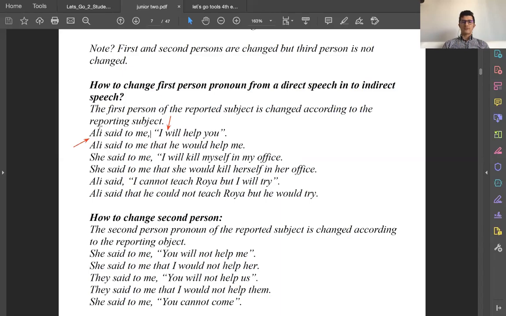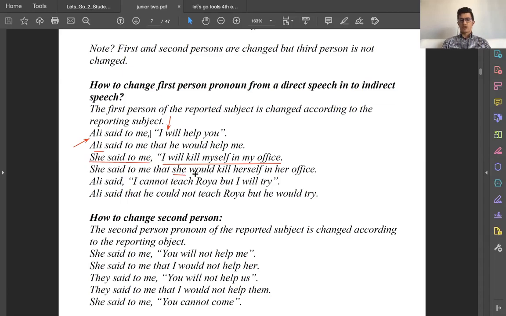Look at another example here. She said to me, I will kill myself in my office. So in this example, we have what? We have I. I is what? First person singular. So first person singular, if we change it according to our subject, should change to third person singular, because she is our subject here. We say, she said to me that she